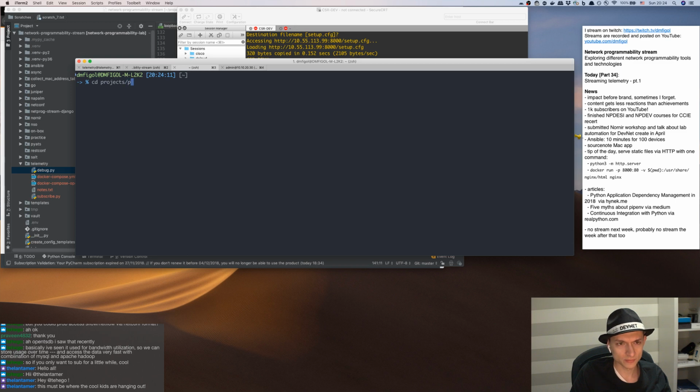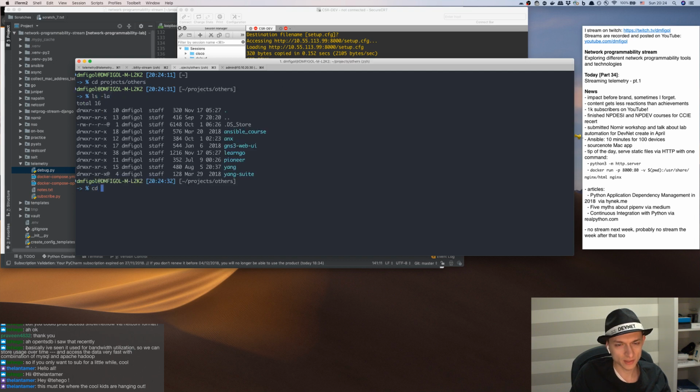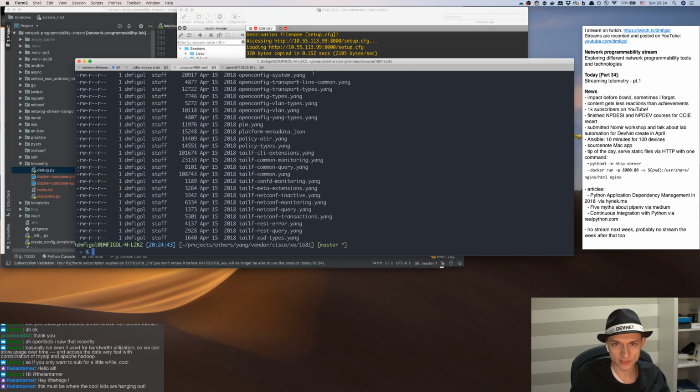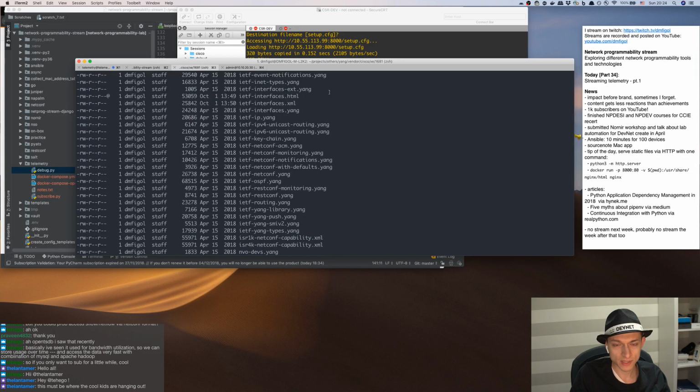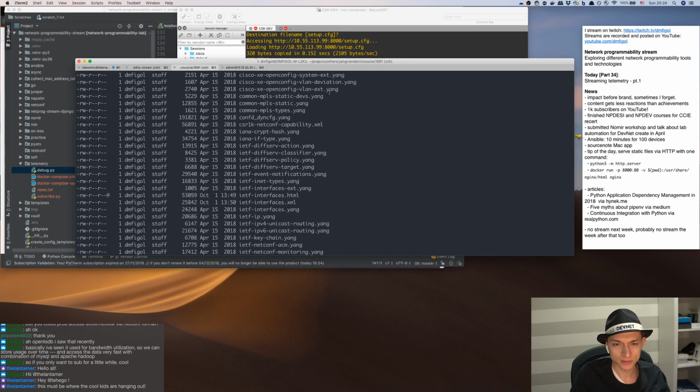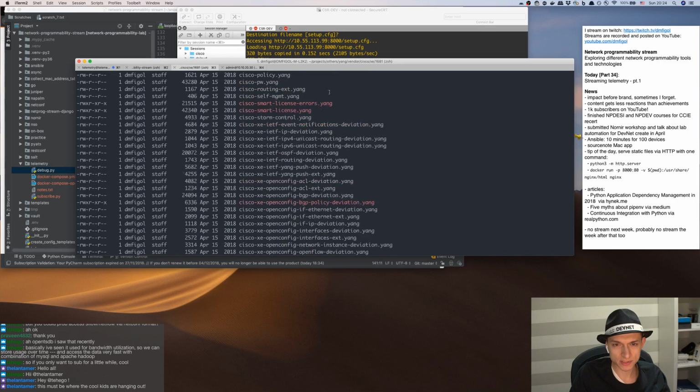for public... others, okay, and yank vendor XE, vendor Cisco IOS-XE 16.8.1, because this is the version that we have on that box. And yeah, we will have to find here the access list statistics,